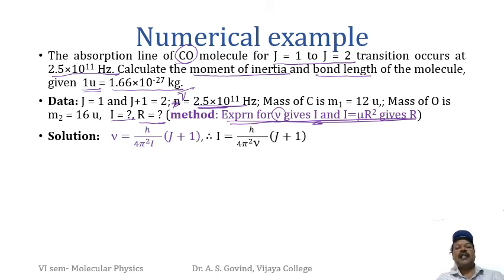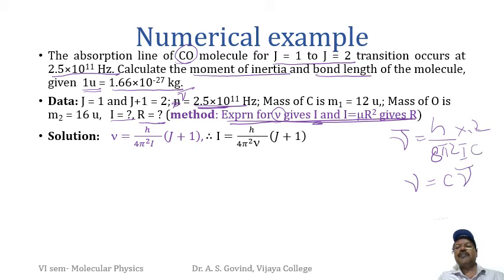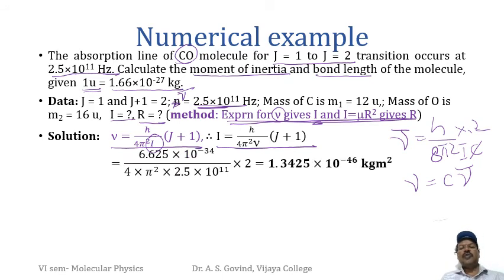Expression for frequency directly taken. So remember that nu bar has h by 8 pi square I etc. in that. So you are having into 2, that becomes 4, and nu is c into nu bar. So the c present here gets cancelled, and that's why you are getting this expression. And you cross multiply this so that you will get this expression for I. So all the things in the right hand side are given, and therefore you have to just substitute, simplify for the next part. So do that carefully.